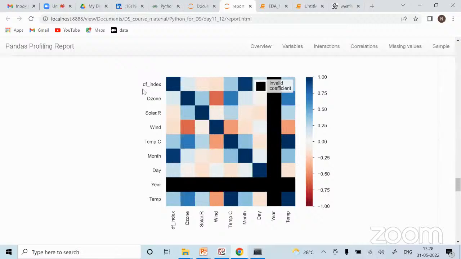right? Then similarly, as you can see here, ozone with solar is not that high, but we have seen that ozone with temperature was very strong. So that's what you are seeing here, right? The shade of color for ozone with temperature is very dark. It is the darkest of all, if you see. Similarly, ozone with wind is darkest of all, but in the negative direction, so these are the